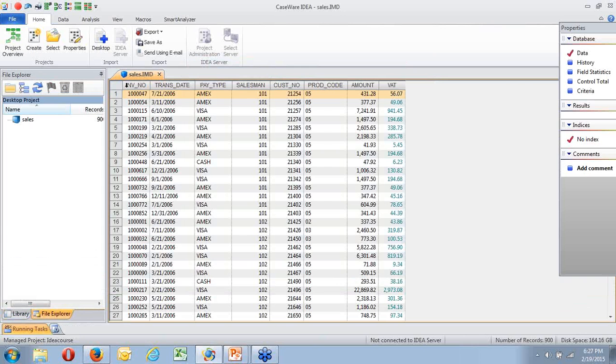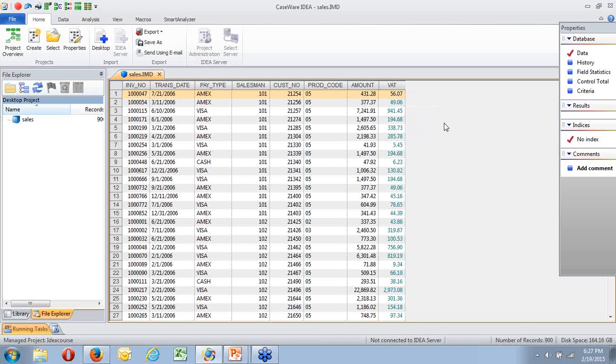And it's now created it with the invoice number, the transaction date, payment type, salesman, etc. And you'll see on the right hand side there's my value added tax. And you'll also see it's in blue. When you create virtual fields, the virtual fields show in blue.